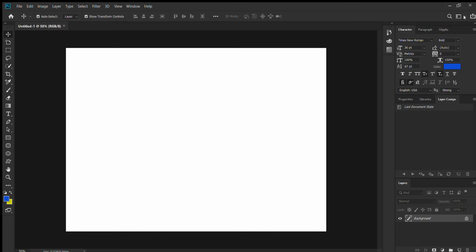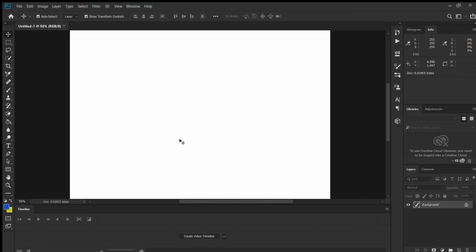Okay, if we click on motion, then the timeline, create video timeline shows here on the bottom side, and other info is shown here. The document which is selected, whose information is given on the right hand side. Creative Cloud, if we have some images on the cloud, then we will fetch them from the Creative Cloud. The layers and channels option is given.